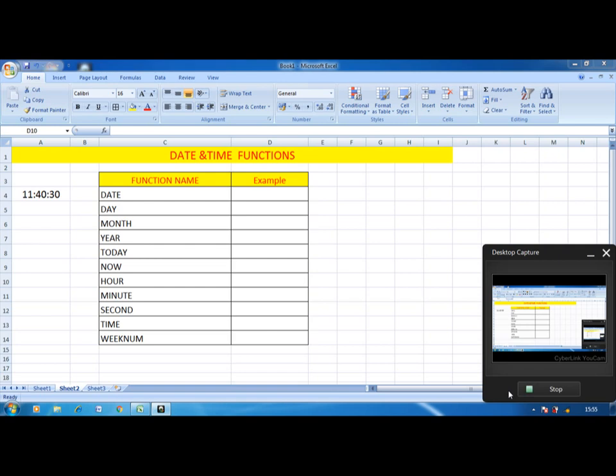Hello students. In the last class, we learned two functions. One is the mathematical and trigonometric function, and the second one is the statistical functions. So today we will learn the next function, that is